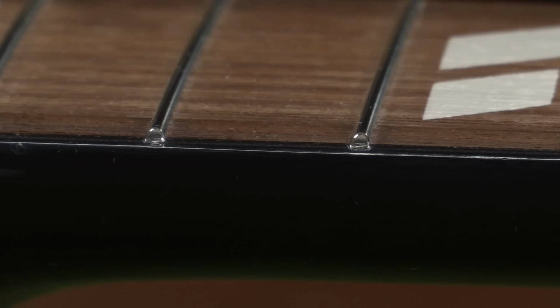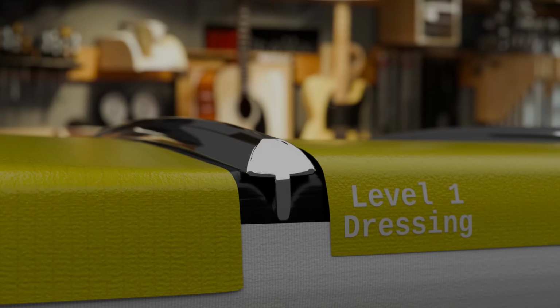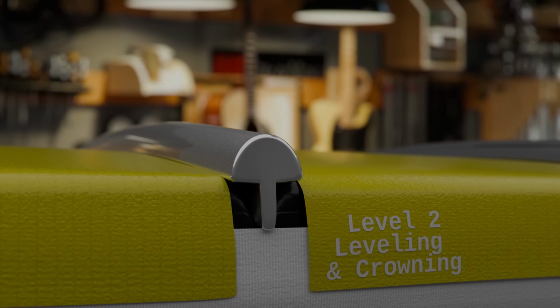All right, there we have it. These frets look great. They're nice and polished and smooth, and they're ready to play on. Now that we know some basics of fretwork, let's go a little deeper into fret leveling, or filing the fret